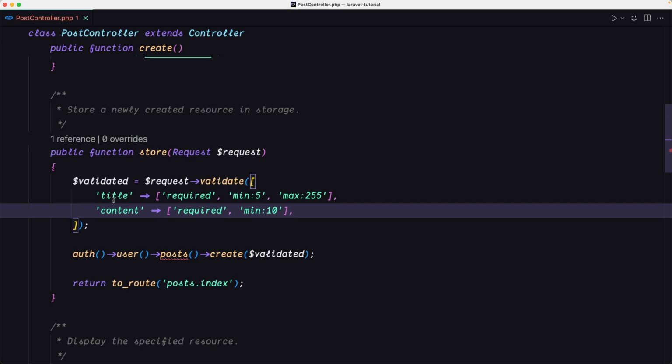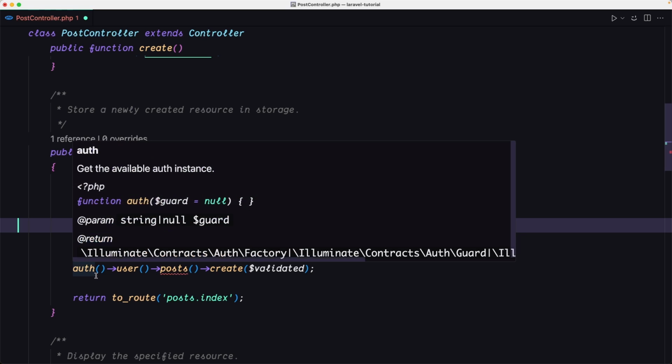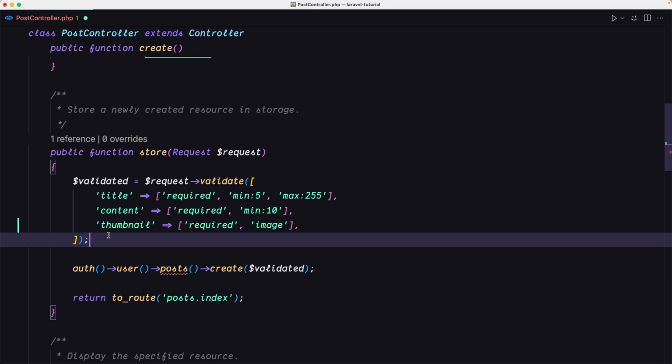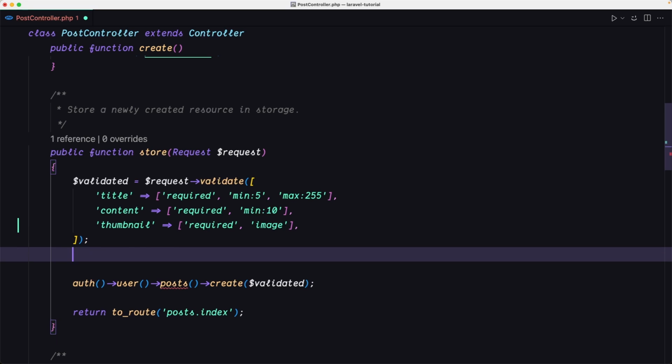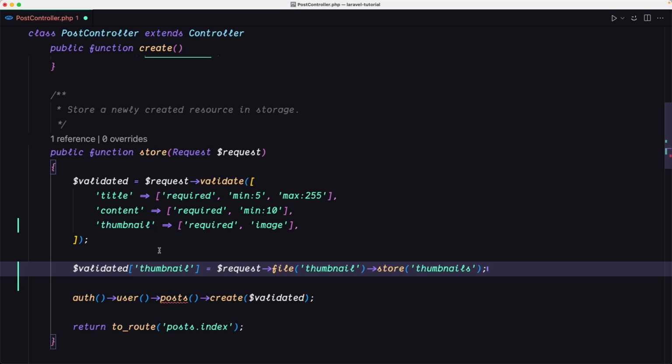When we store, we have the request validate title and the content. Also, let's add a thumbnail, which is going to be required and is going to be image. Okay, then we use this auth user post relation and pass the create, passing the validated data. But on the thumbnail, we need to add the path of the image which is going to be uploaded. So for that, we're going to say $validated['thumbnail'] to be equal to $request->file('thumbnail'). Okay, so the name we added, and we use this store method, which is going to store the image inside